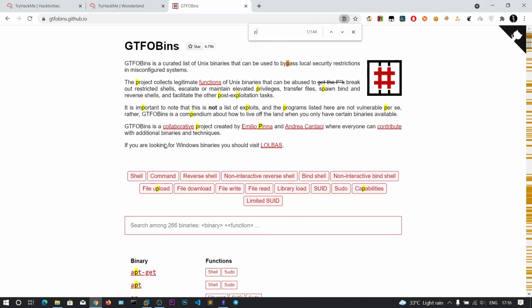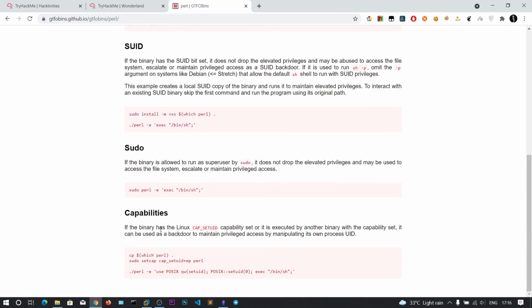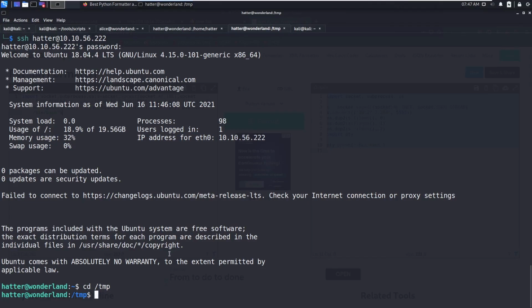So now let's search for perl. If this has the cap_setuid capability, now we can get the root shell. So let's copy this one. It's typically /usr/bin/perl.